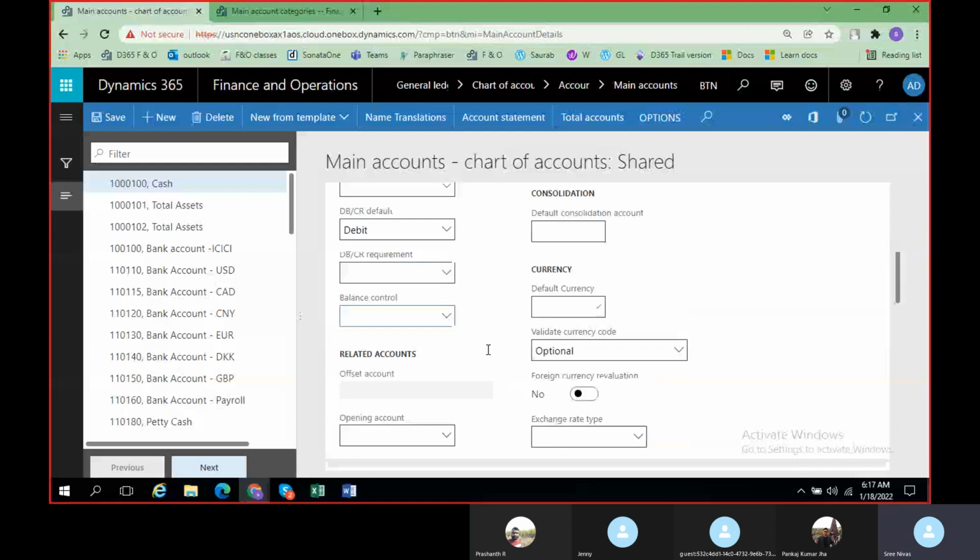The next field, open account. Okay, so let's assume that you are transferring the balances from the last financial year end to this financial year. In the US, generally their financial year end will be at December 31st, right? On January, you want to transfer the maintenance expenses of last financial year to this financial year. And where you want to transfer these expenses, the balance of these expenses, if you want to transfer into an opening account, you can create a specific account. Let's say